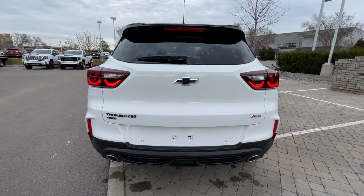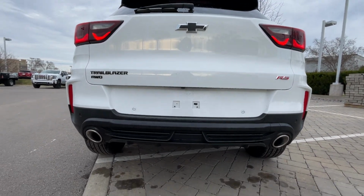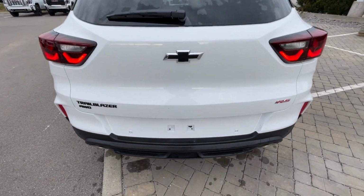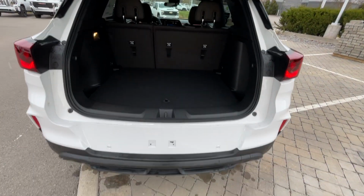Now as we come around to the back end, we have LED tail lamps. I don't think the reverse lights are LED, but all of that you're looking at now is LED. So a great rear end look, dual exhaust there. And I love having the big tips coming out either side. And then for the power lift gate,